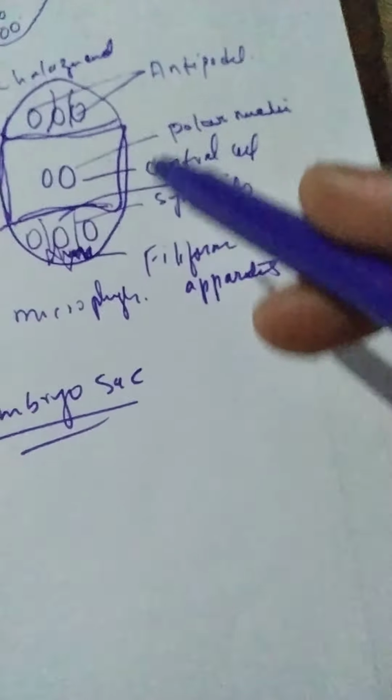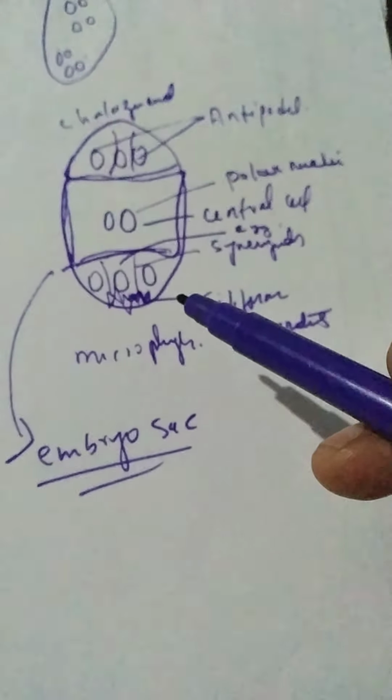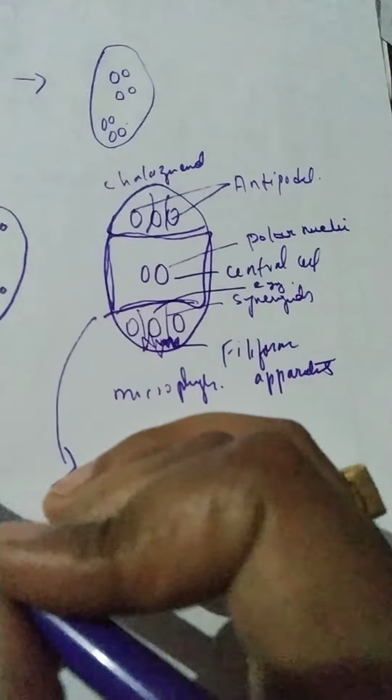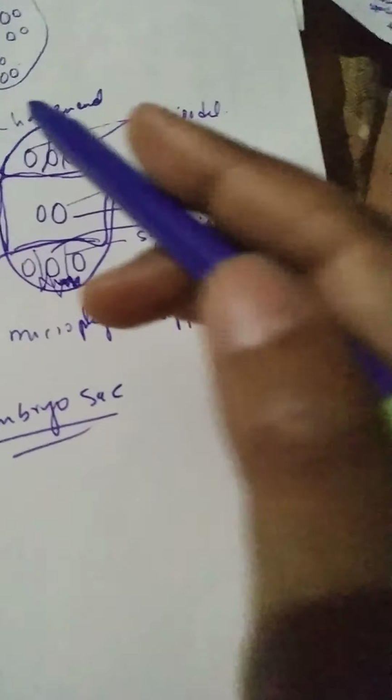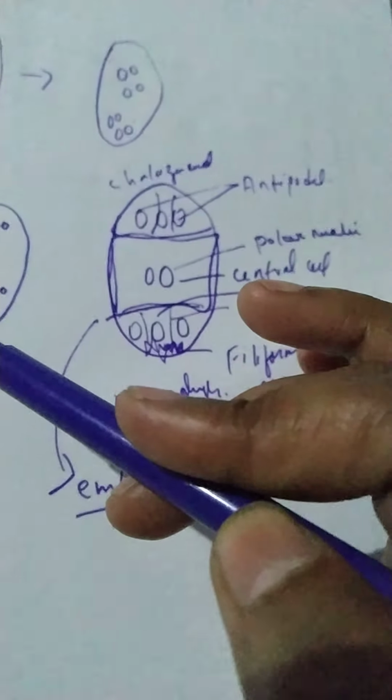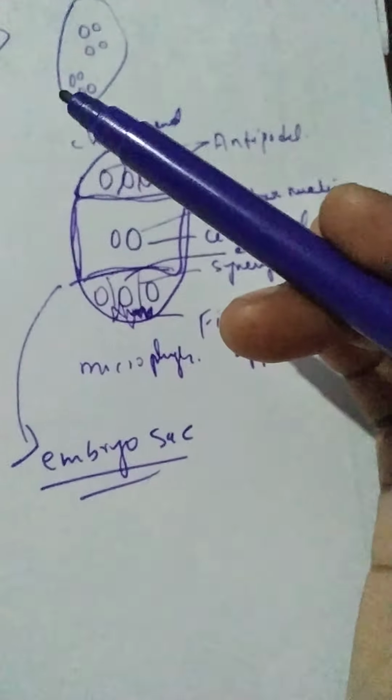The megaspore is the first cell of the female gametophyte, and then it increases in size, and its nucleus divides mitotically into two nuclei